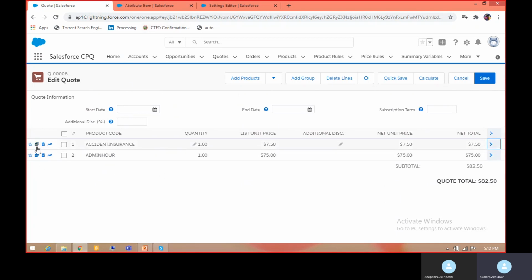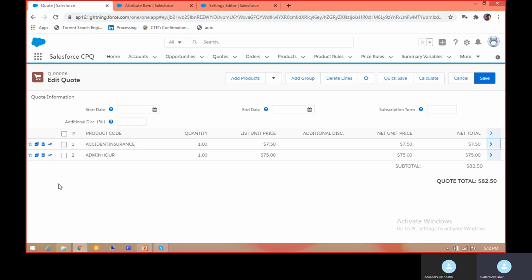If you can see, this is a toolbar with clone line, delete line. These lines are the products. Each line is representing one product. A product may be in the form of an individual component or maybe a bundle, like a desktop computer. It may include multiple components, memory, hard disk. So it will be shown over here.